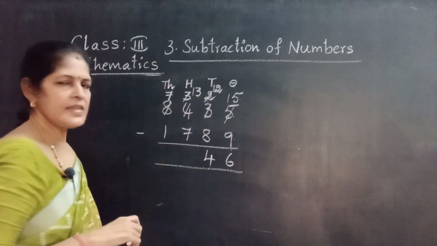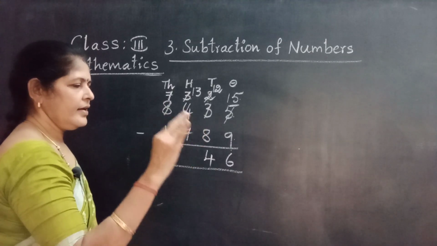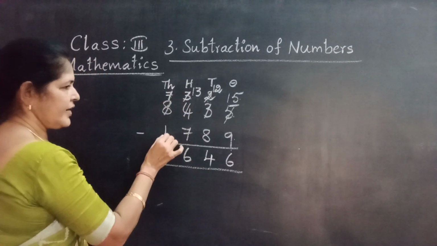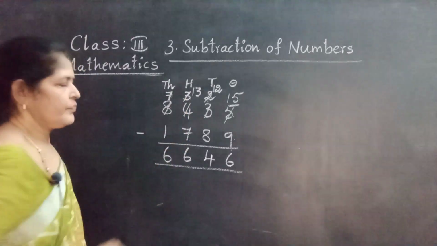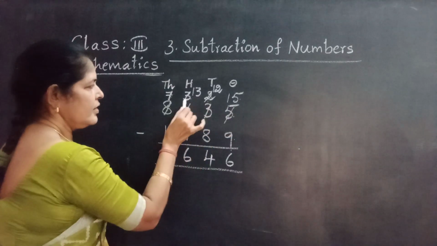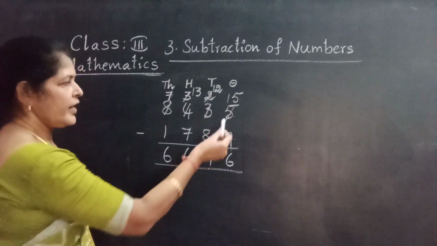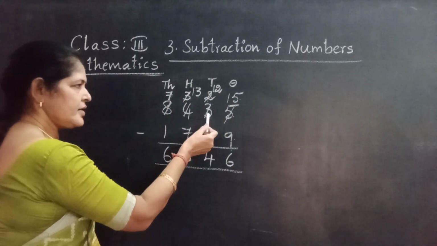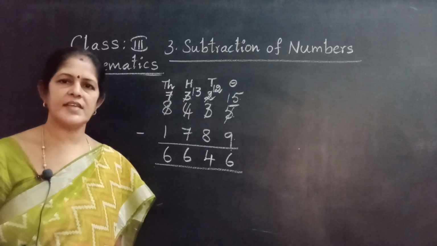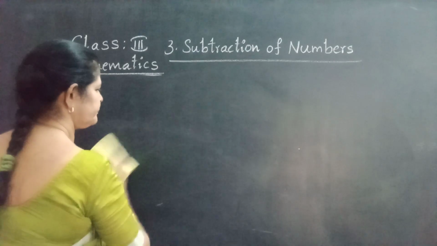Now 13 minus 7. Close fingers. 7 after 8, 9, 10, 11, 12, 13. 6. Now 1000. 7 minus 1. 7 before 6. Are you understood the concept? Here using tens to ones, hundreds to tens, thousands to hundreds, 3 times. We are going to change ones number, tens number, hundreds number, thousands number. Okay? Borrowing subtraction. If zeros are there, how to do subtraction?